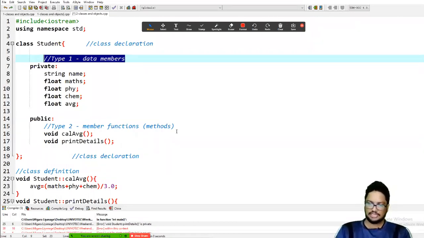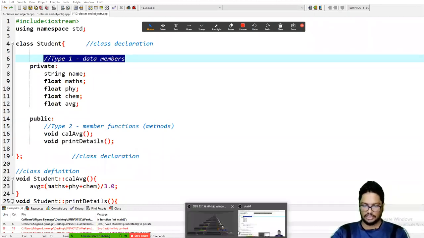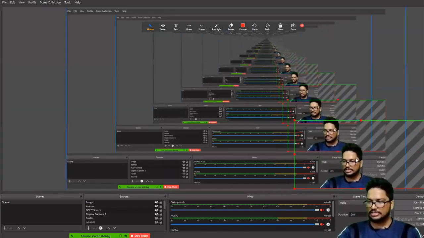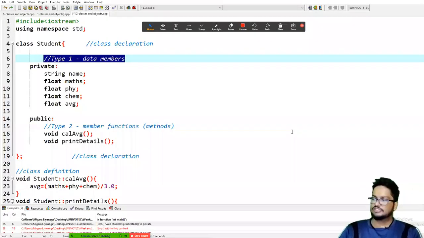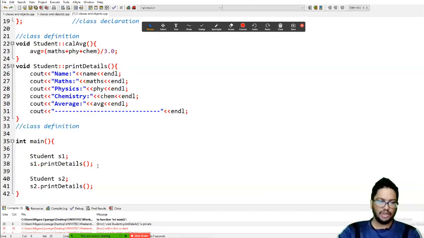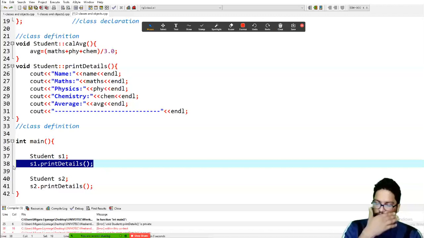So this is a standard and it's fine, and therefore we have to make them private. But there's a serious issue. Now you can call the methods, but you don't have any method to pass values to the members.